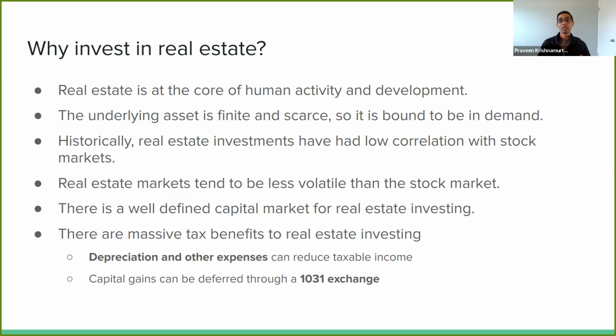And when it comes to selling an asset or exiting an asset, you have options to defer the capital gain or minimize that capital gain through something called a 1031 exchange. And these are topics that I will be going into a lot more detail in the subsequent chapters of this webinar. But for now, just know that there are compelling tax advantage features for real estate investing.